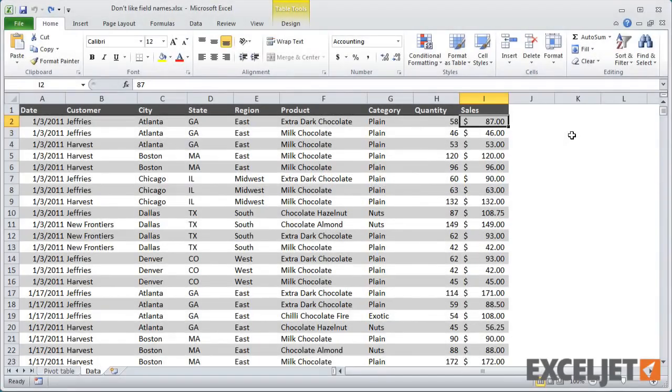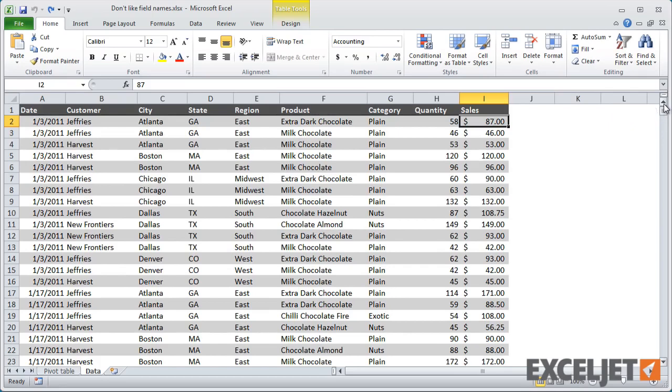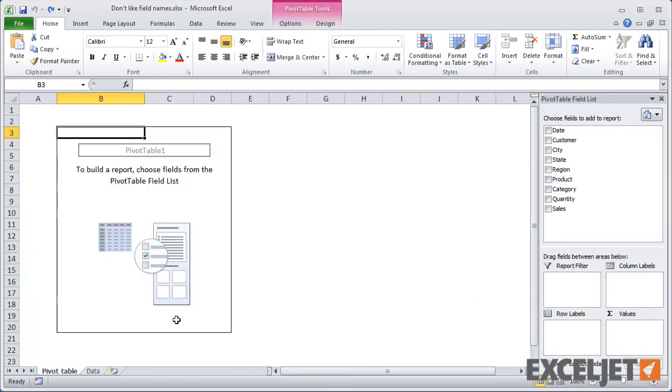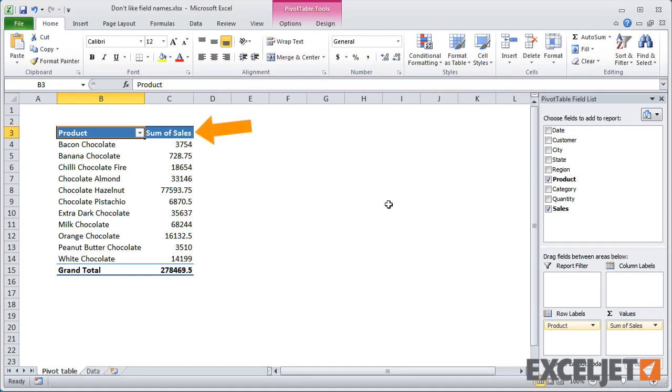Okay, so in this example, we have a large set of sales data. And if we want to break this down by product, I've got a pivot table here. That's easy to do. Just put in product as a row label and sales as a value. And the problem in this case is that we don't like that name, sum of sales. Excel will automatically name your value fields, and that name's just not very intuitive. So if you want, you can just rename it